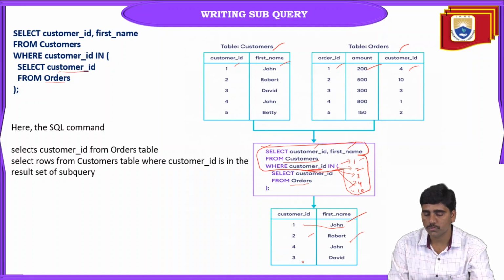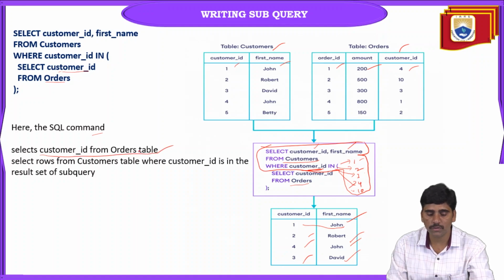Similarly, 2 is there, so it displays the customer ID and the name. And similarly, 3 is there, it displays customer ID and the name. And similarly, 4 is there, it displays customer ID with the name. So in the same way, select customer ID, comma, first name, both will come as a result based on the subquery